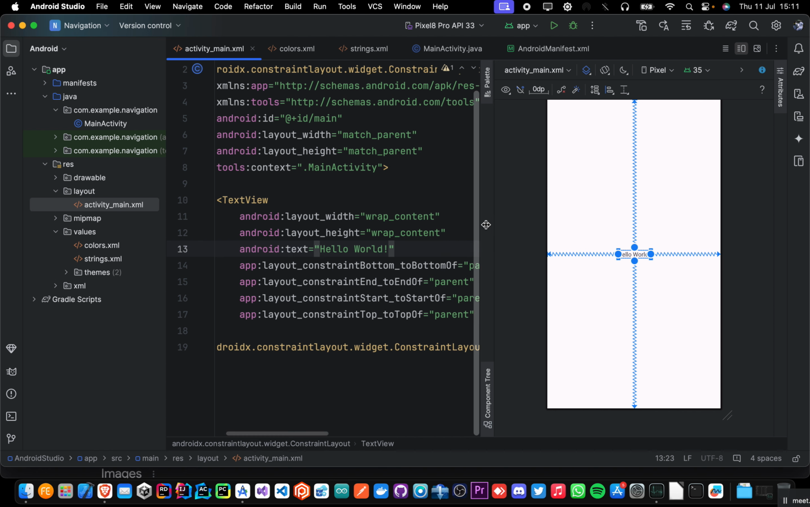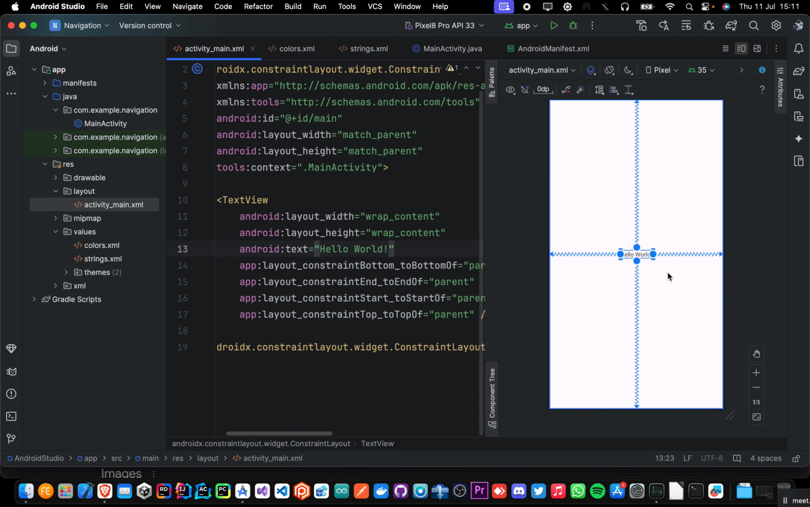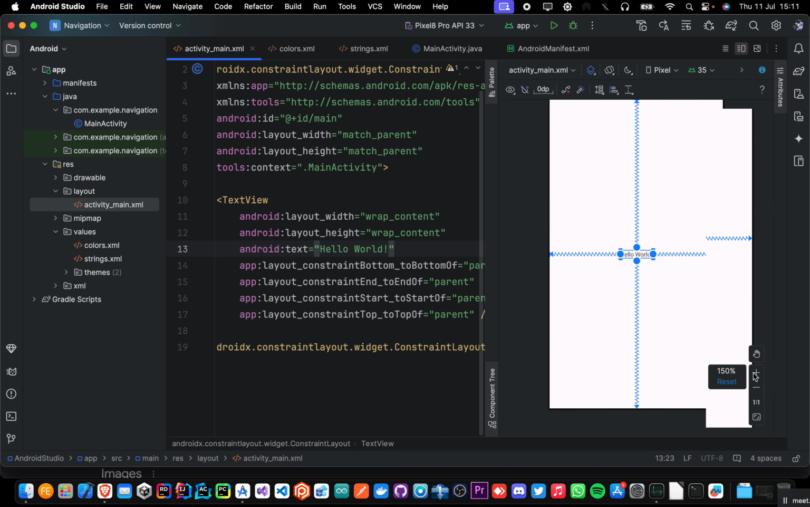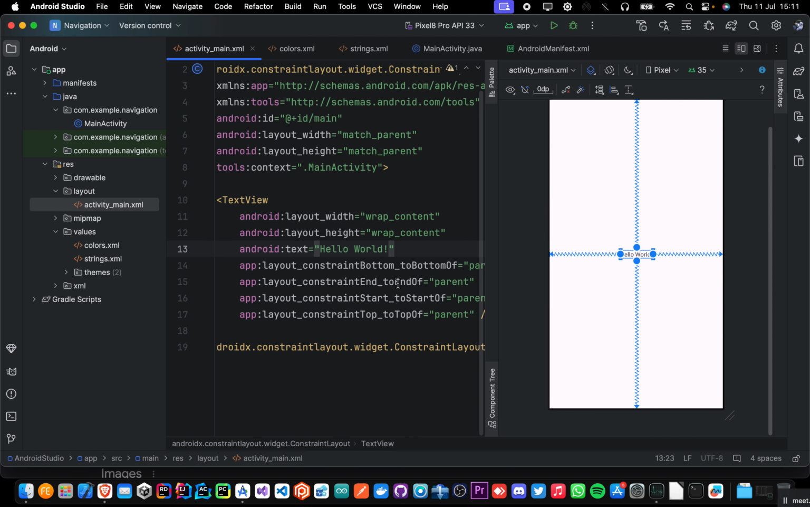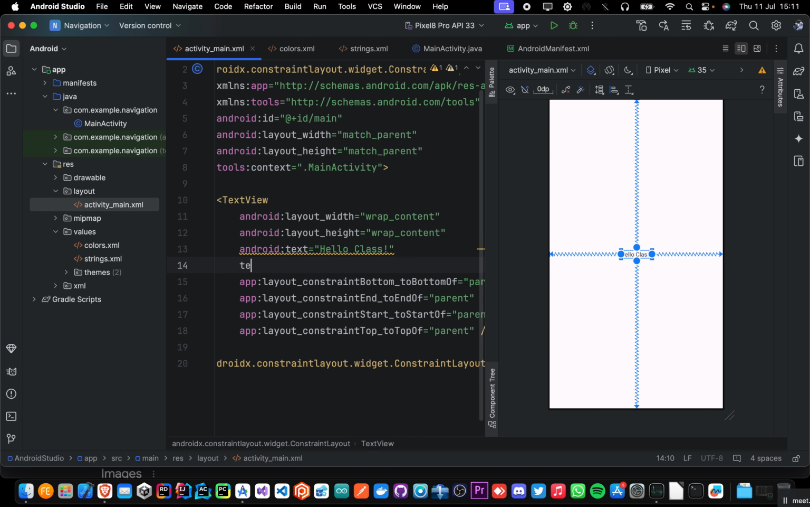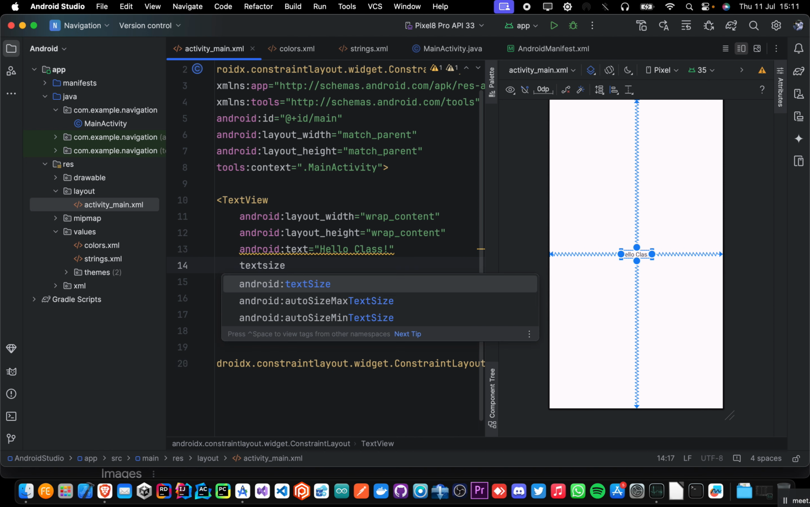So if you wanted to change that text to something else and not hello world, you can just edit here, hello, you just say something like class. Hello class, and as you can see the text has changed to hello class. If you wanted to increase the size of the text, you just say text size and then wait for Android Studio to